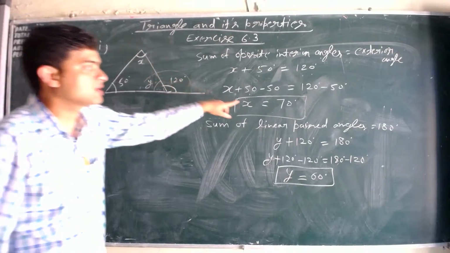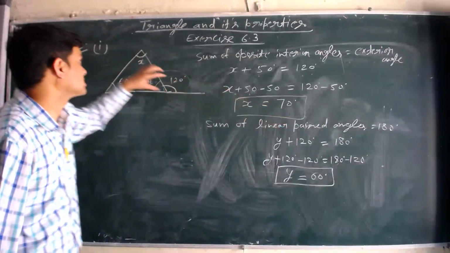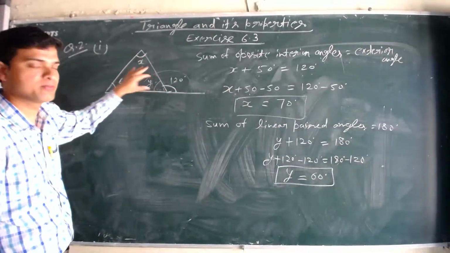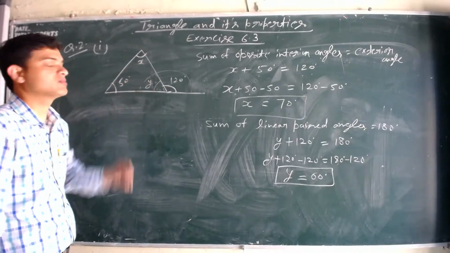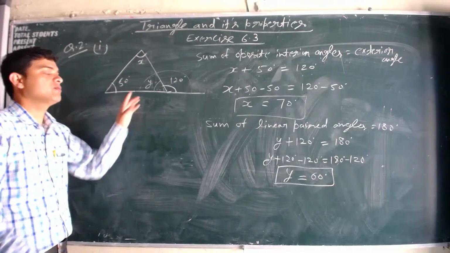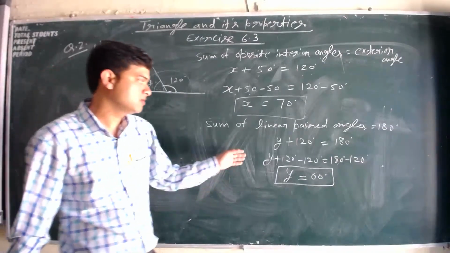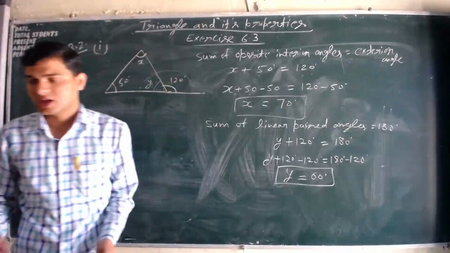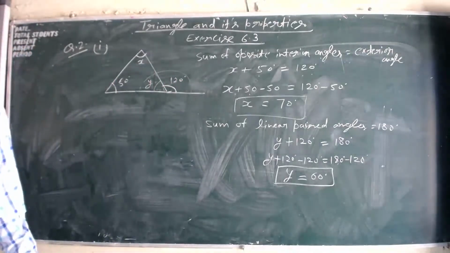Because we know that x value is equals to 70 degree. The sum of these two plus this 50 plus x plus y is equals to 180. And the value of x is equals to 70. Now we can calculate y. तो उस मेथड से भी आप y को कैलकुलेट कर सकते हैं. ओके, नेक्स्ट वन इज